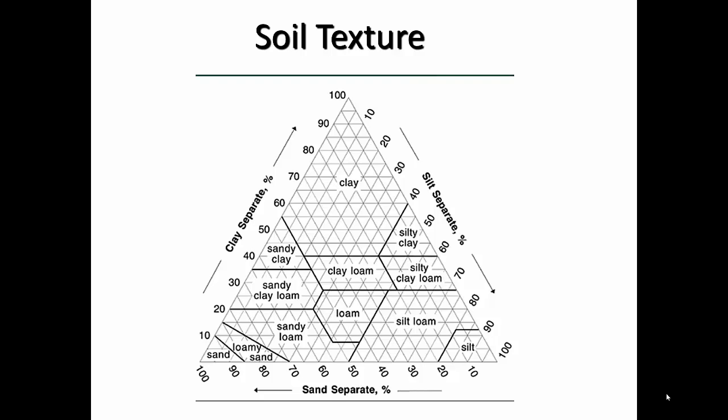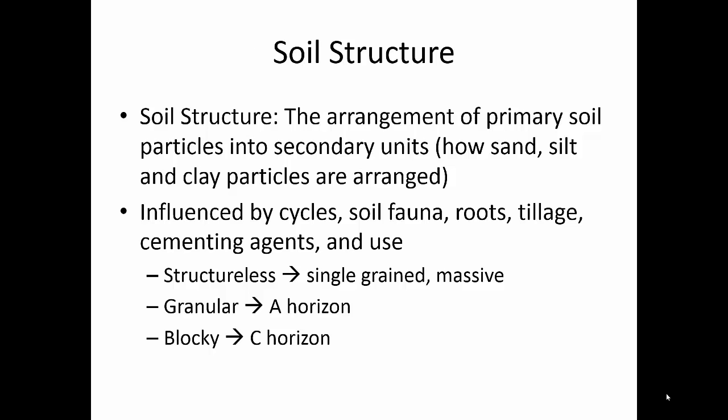Anytime you get to any of the extreme corners, it's not good. You don't want to be in 100% sand. You don't want to be in 100% clay. 100% silt, well, that's a little bit different, but still, you'd rather have some clay and sand in that as well. Soil structure: the texture is sand, silt, and clay, and the structure is how it's arranged, how these sand, silt, and clay particles are put together,